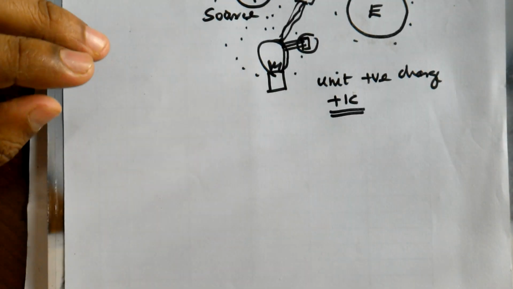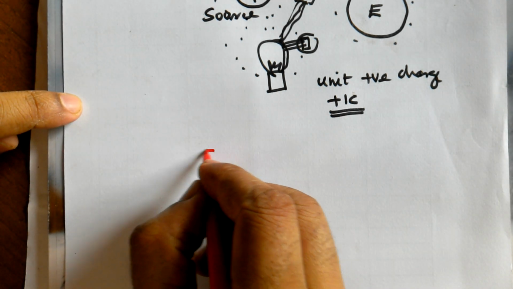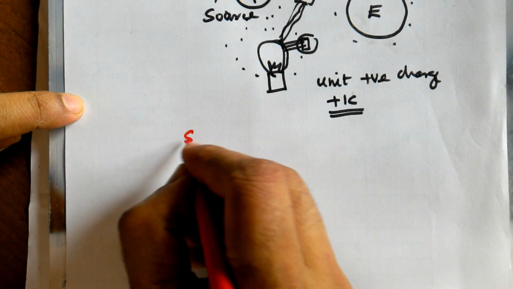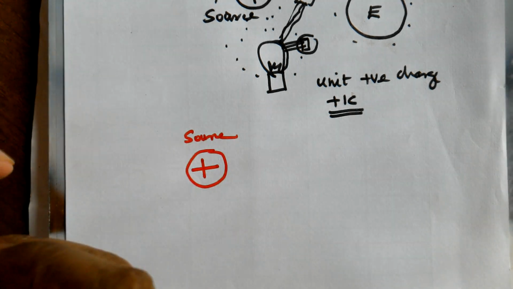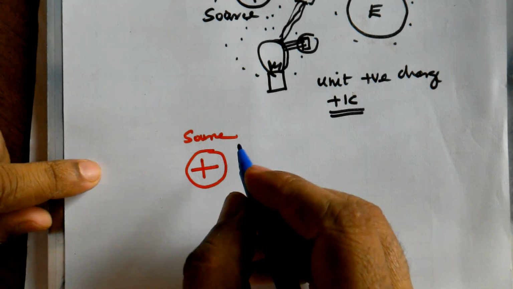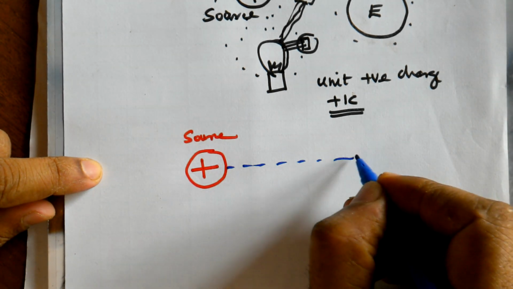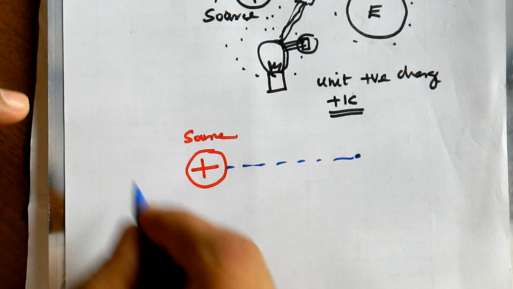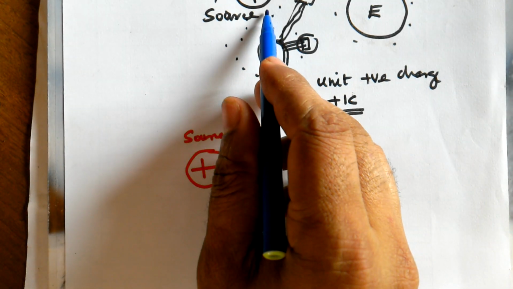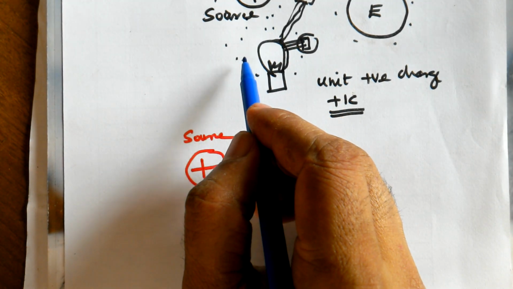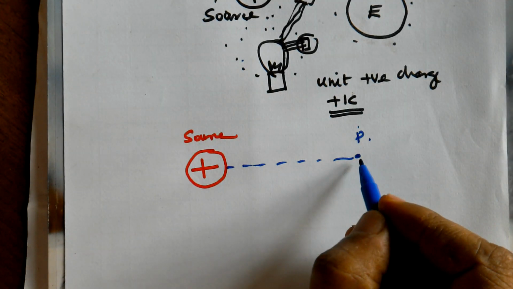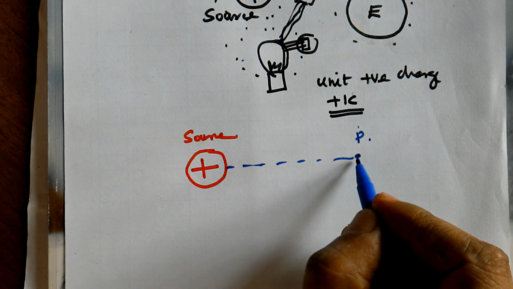How do you measure the strength of the field? Suppose you have a source charge. I will show it in red color. Suppose this is a source charge and it is creating field everywhere. I select a point at a certain distance from the source charge here. So it produces field everywhere, as if you switch on a bulb, what is the amount of light here, what is the amount of light very close to the bulb, as you measure it. I select a point here, point P,